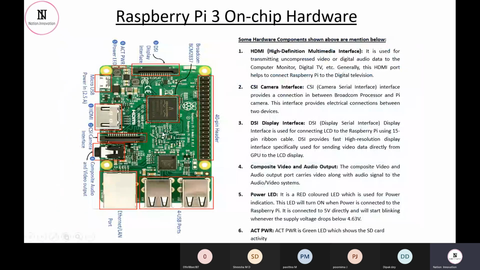Now let's have a closer look at the Raspberry Pi. These are the four USB ports which we are talking about. This is the Ethernet jack port. This is the audio jack port. These two connectors are used for the camera attachment. This is the HDMI display port. This is the power plug, and these are your 40-pin header for GPIO purposes.